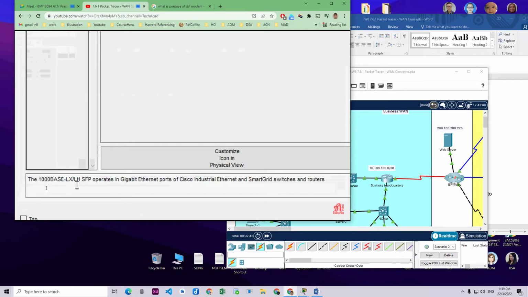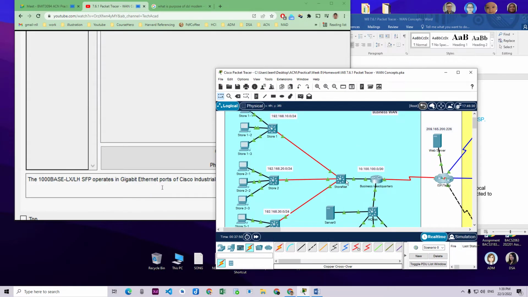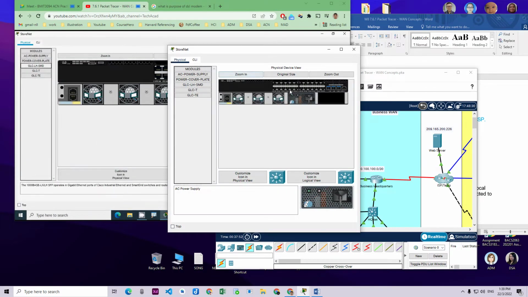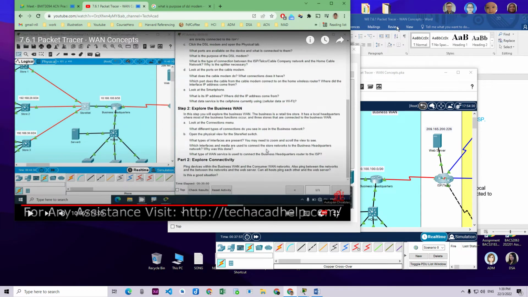The 1000 base LX-LH SFP operates in gigabit Ethernet ports of Cisco Industrial Ethernet and smart grid switches and routers. Yeah, perfect. So this we have seen GLC-T. Yeah, it's already told. Okay, which interfaces and media are used to connect